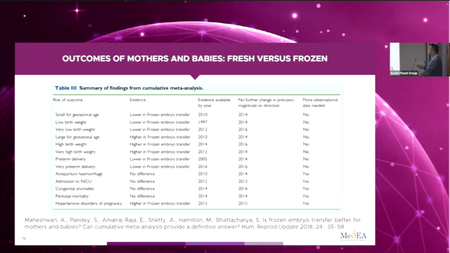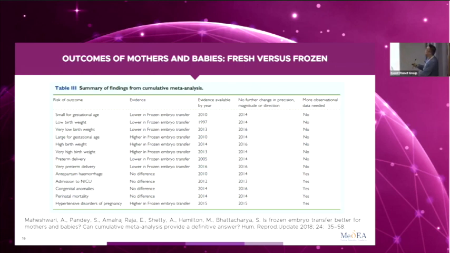And this is a nice summary, which I also get from another recent publication, Human Reproduction Update, really to look at what the outcomes of mothers and babies are, because there have been some studies that show that perhaps this is better, that it's safer, and the mothers have lesser chance of preeclampsia and smaller gestational age for babies. So we have evidence for many, many years, and then this very nice summary seems to suggest from cumulative meta-analysis, what should be done more to find out the real answers and what actually is already known between fresh and